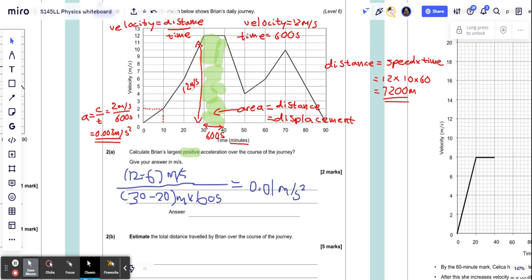But what about the other cases? In the other cases, they're not rectangles and the velocity is not constant. But the same thing still applies. We can still use the area underneath the graph. Now we need to know how to calculate the area of these other shapes,